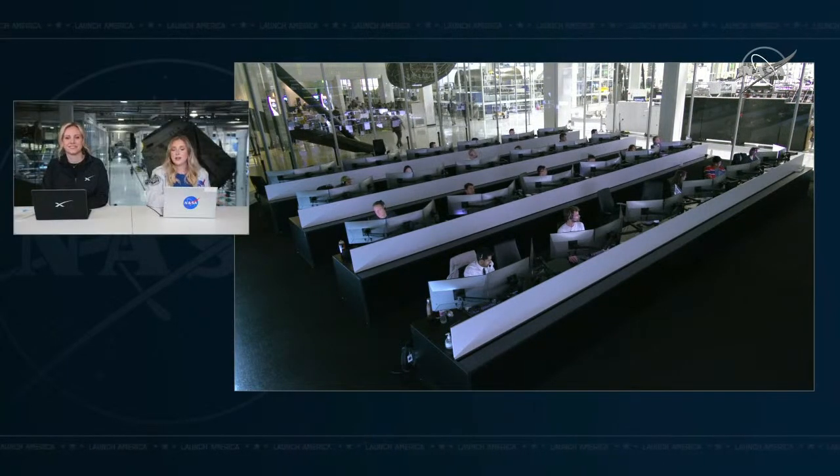And Dragon Freedom has now exited the approach ellipsoid, or AE, which is another imaginary shape, this time a three-dimensional ellipsoid that measures 4 kilometers by 2 kilometers by 2 kilometers, in the same family as the keep-out sphere. One of the key differences with the AE is that vehicles outside it have to be on what we call